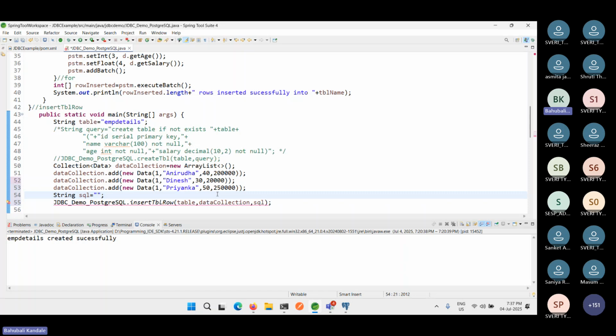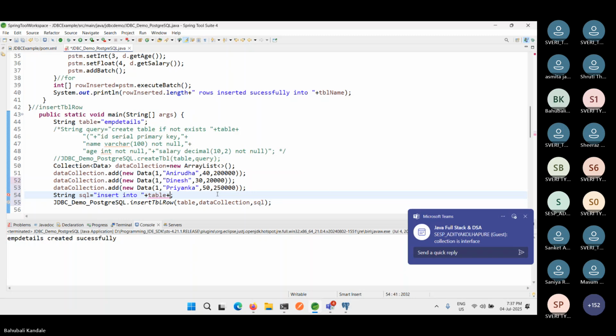Okay, so that's a SQL, and this SQL I'm going to write here. Insert into, base plus our table name, plus the